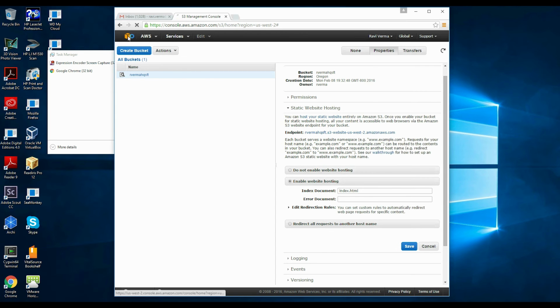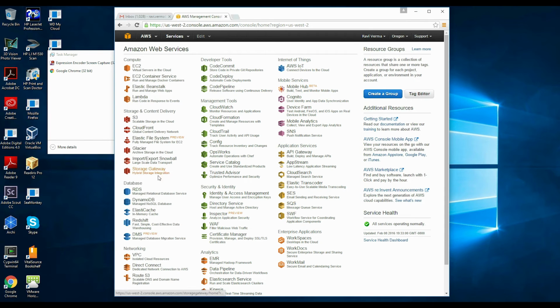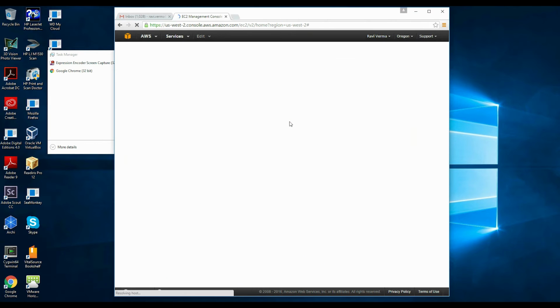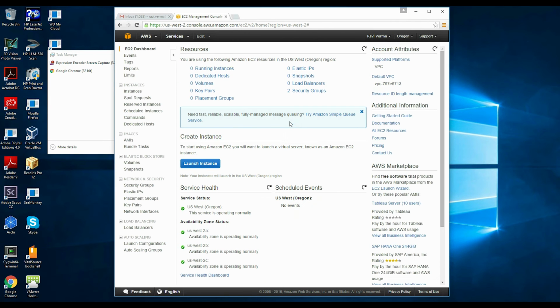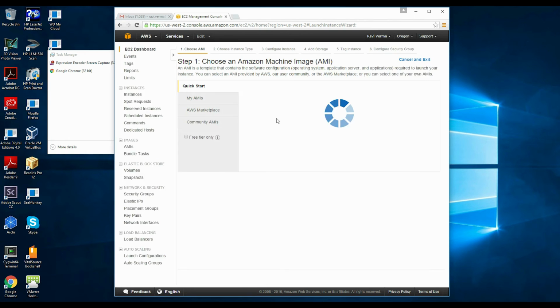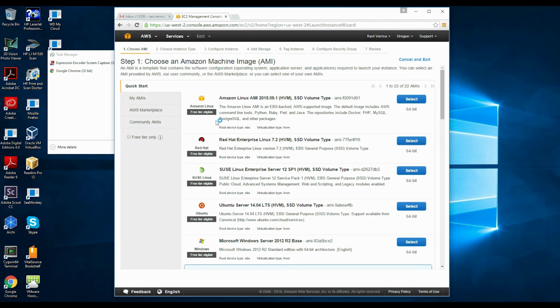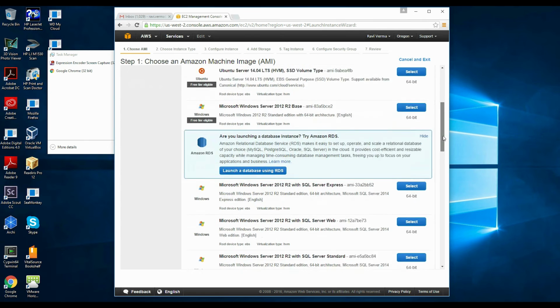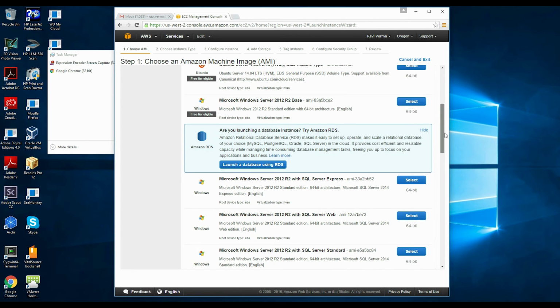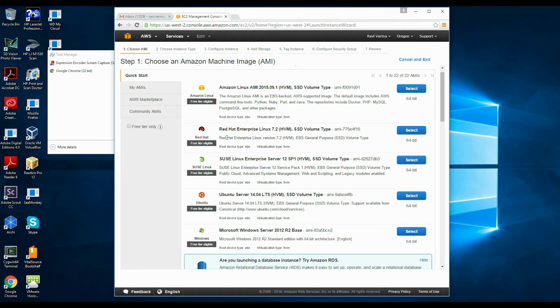All right. So at this time, we created a database and we created an S3 bucket. Now I will create an EC2 server. So I launch an instance. I have all these options. So I will choose Red Hat free tier,